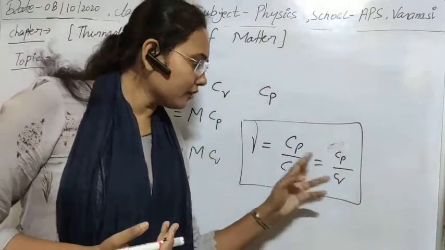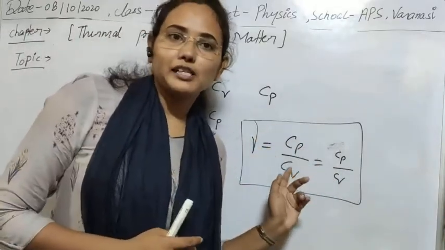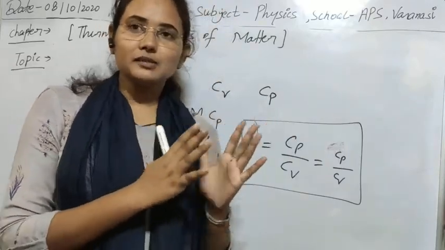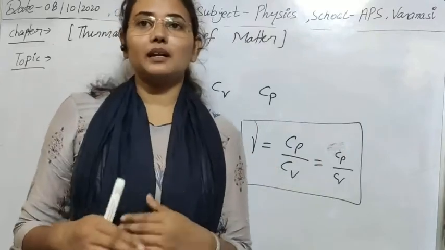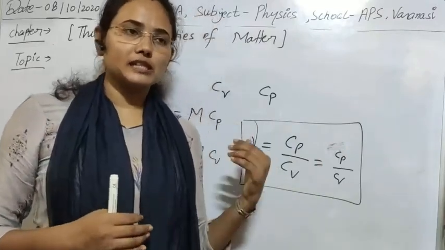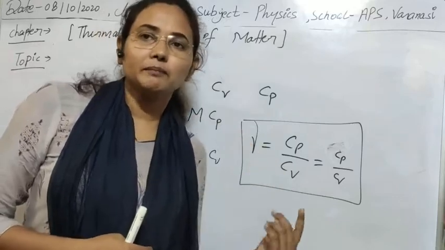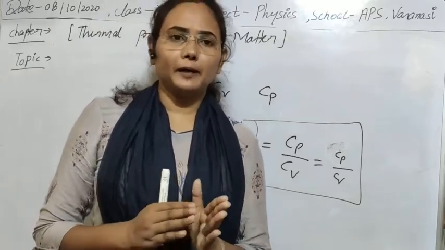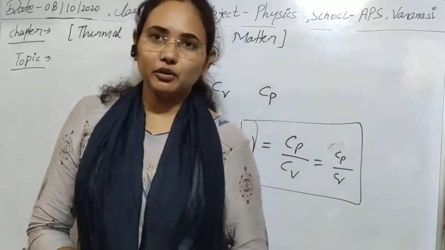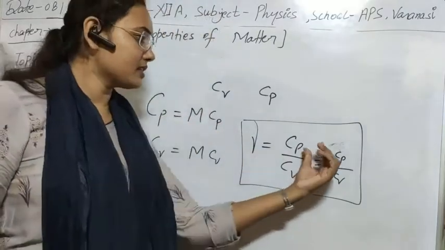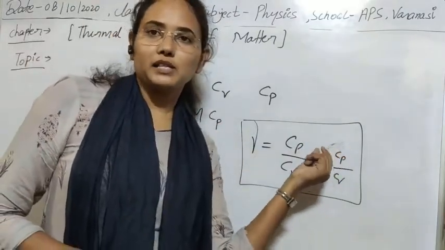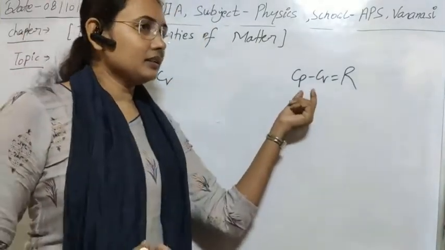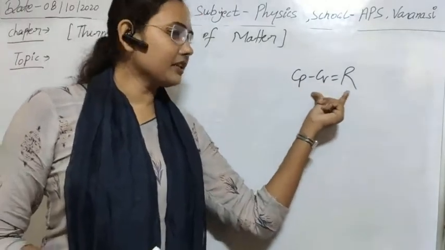One thing is also clear from this equation that these two specific heats will not be equal, so we can obtain the difference between these two specific heats, or a relationship between these two specific heats in some constant value, because gamma changes with the atomicity of the gases, and that is calculated by Mayer, and also known as Mayer formula. So let's see that formula which relates the two molar specific heats at constant pressure and constant volume. Actually the Mayer formula is Cp minus Cv equal to R.